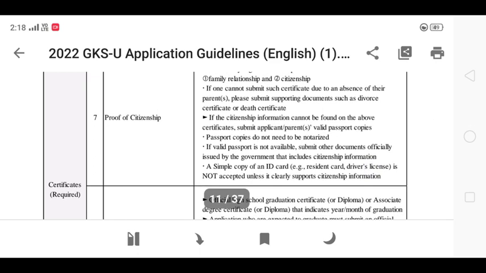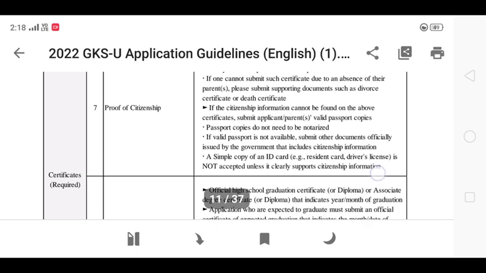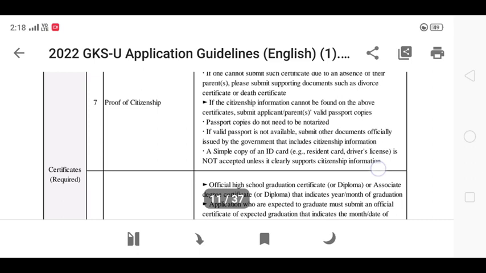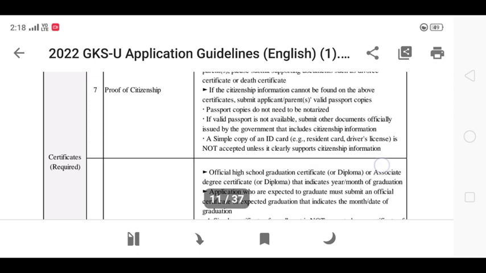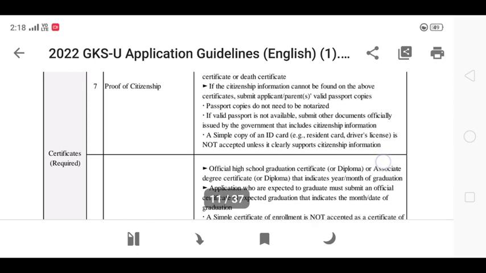So many people ask about Aadhaar card. This point is for you, that maybe Aadhaar card will not get accepted in Korean university. So it will be very good if you already have your passport, that's the best option. But if not, you can also try applying with that Aadhaar card.